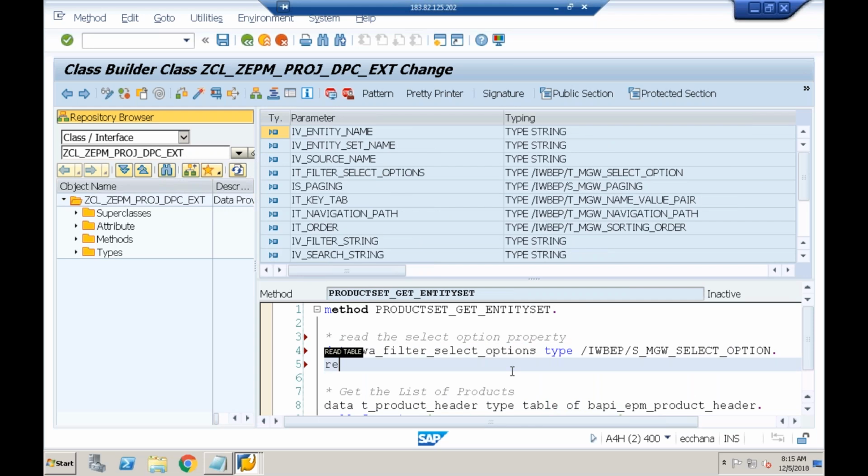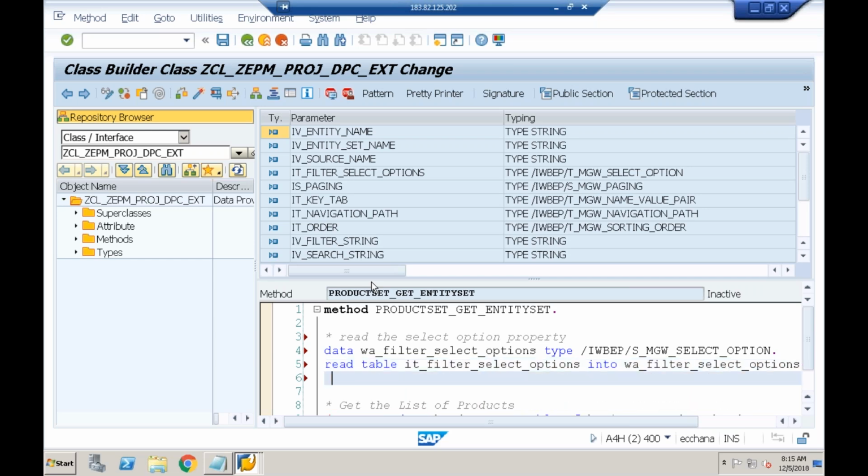Now let me read it. I'll say read table. What is the parameter which is going to carry the select option information? IT_FILTER_SELECT_OPTIONS into what is the work area declared? W_FILTER_SELECT_OPTIONS. Okay, into so and so, done. With the key,